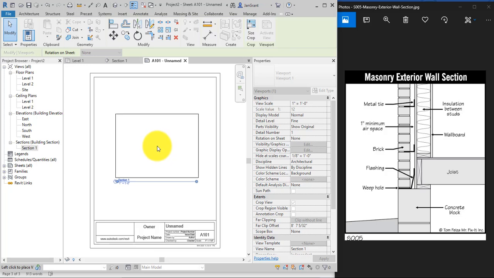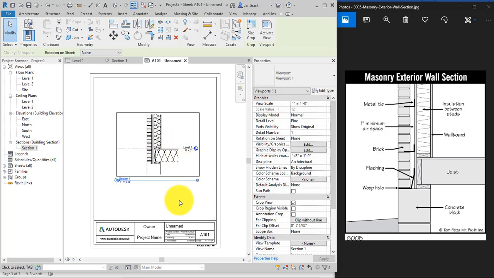And then there it is. I'm going to go ahead and click. See, because I cropped the view, it's smaller, and I changed the scale of it too. If you don't change the scale, it might be even bigger than this sheet of paper. First thing you'll see is that when this view is selected, you'll have these little grips that you can use to change the size of this title